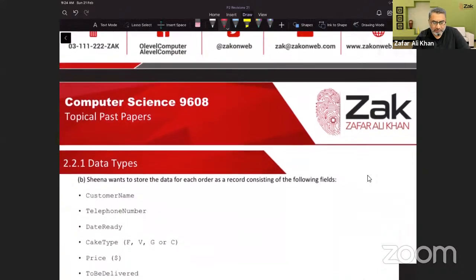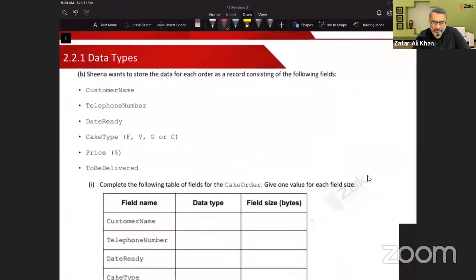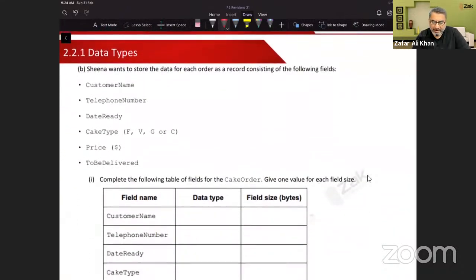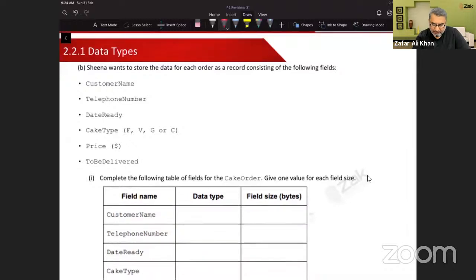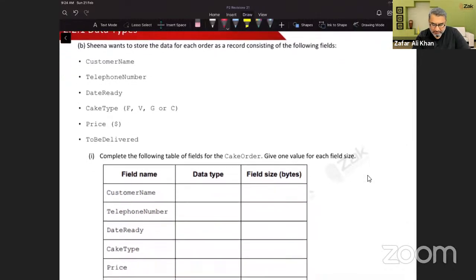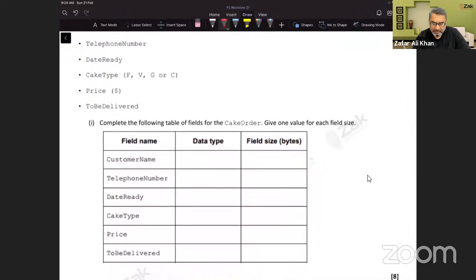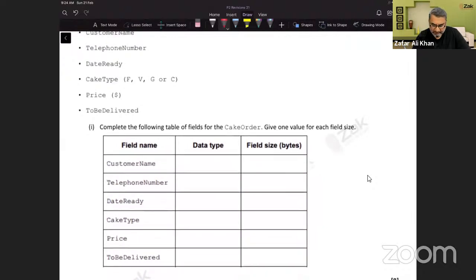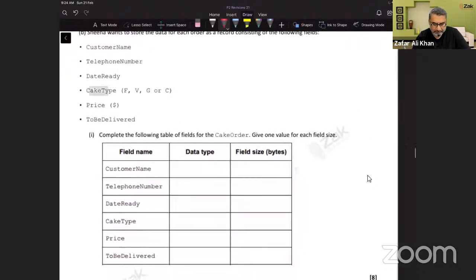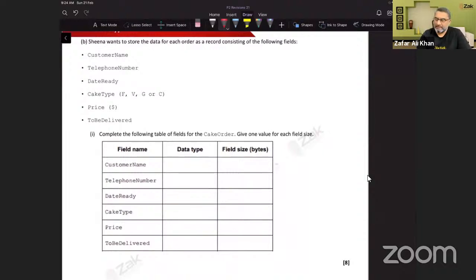Now, Sheena wants to store the data for each order as a record consisting of the following fields. Complete the following table of fields for cake order. Give one value for each field size. So customer name, that is a string,